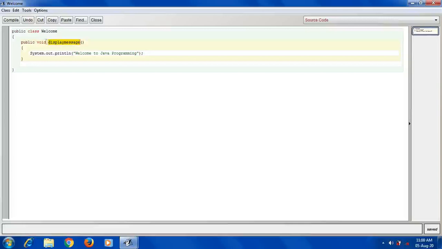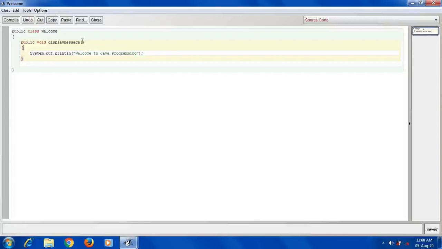And usually programmers will write method names in small case. It is not a rule that you have to use only small case. You can use capital, uppercase also, but it is good practice to write the method name in lower case. And while writing a class name, keep the first letter capital. It is also good practice. It is not a rule, but it is good practice to keep the first letter as a capital. Means we can easily differentiate. When we see the name, if the first letter is capital, this is a class name, and if all the letters are small, it is a method name.